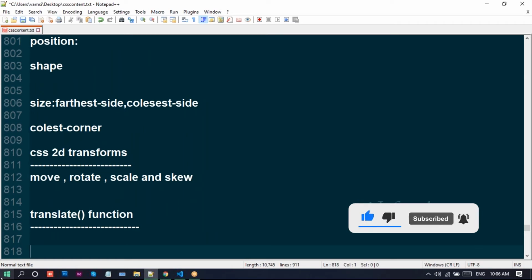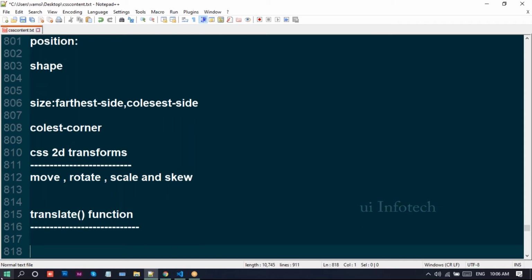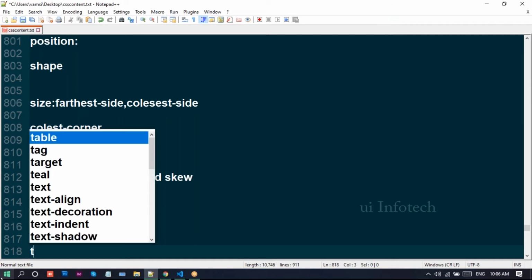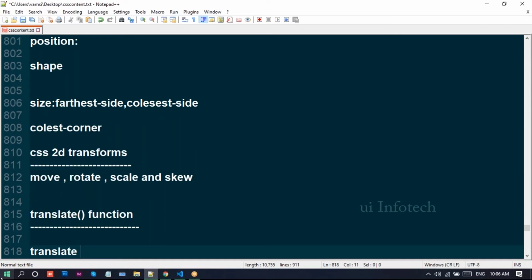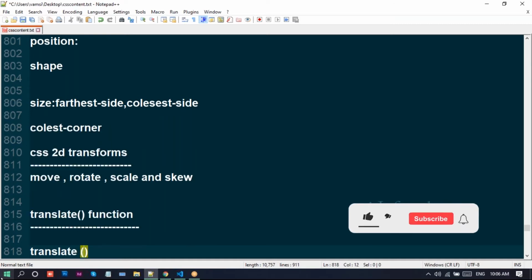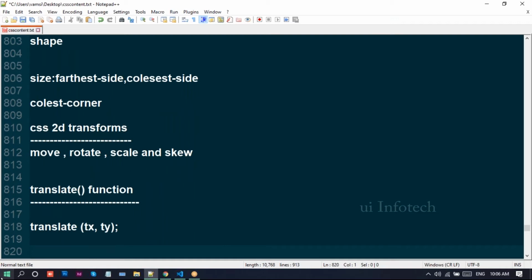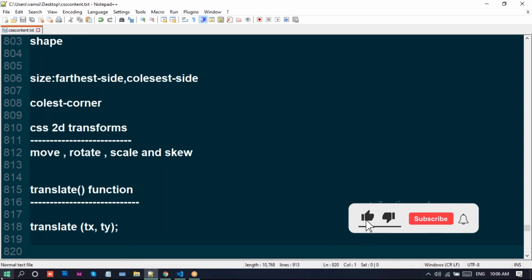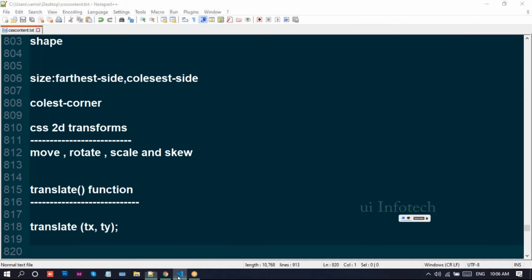Using the translate function, we can move the element from its current position to a different position along the x and y axis. The syntax for translate is translate(tx, ty), and with it we can move the element from one position to another.